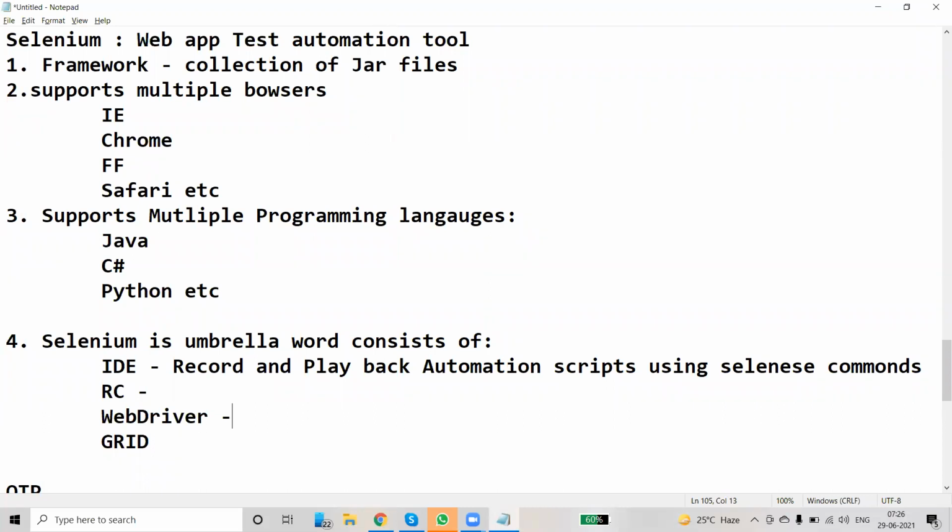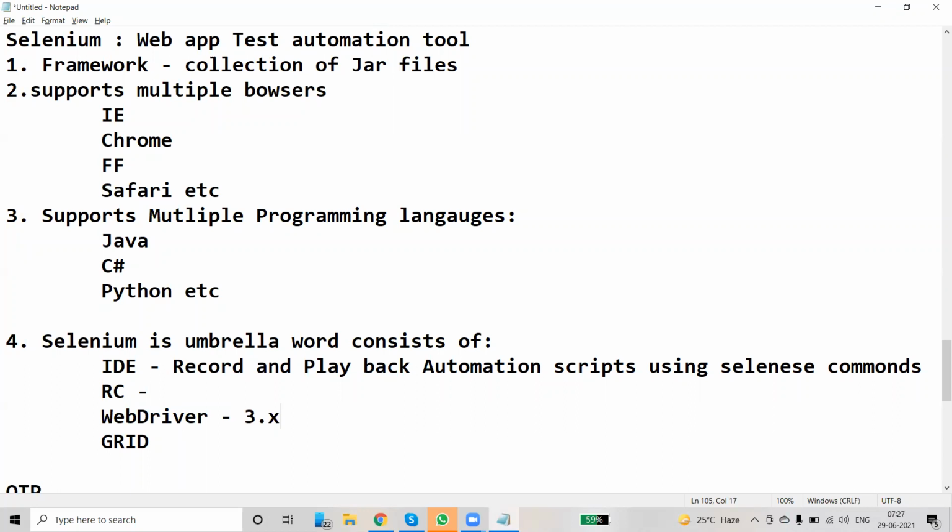Still, many projects are using Selenium RC because they started the automation project very long back. That's why projects on RC are very, very few. You should always learn the latest upgrade of the Selenium automation engine, called WebDriver. The latest version is 3.x. Okay, this is Selenium WebDriver.